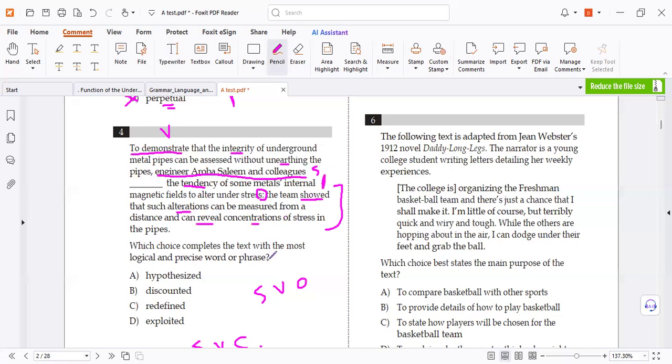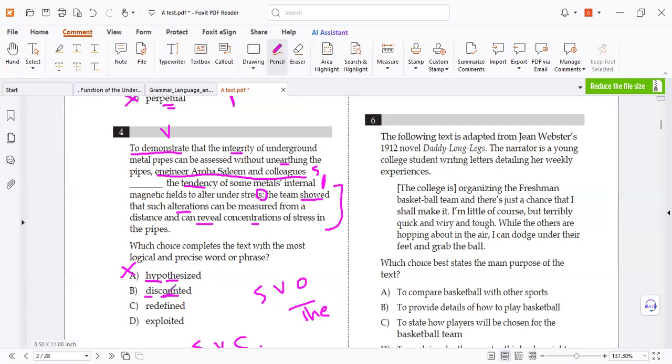Is this action hypothesized? Hypo means the guess. Thesis means idea. So it's a guessing idea. Is it guessed? Did they guess? How? They showed, so wrong. Discount, it's not about economy. It's about